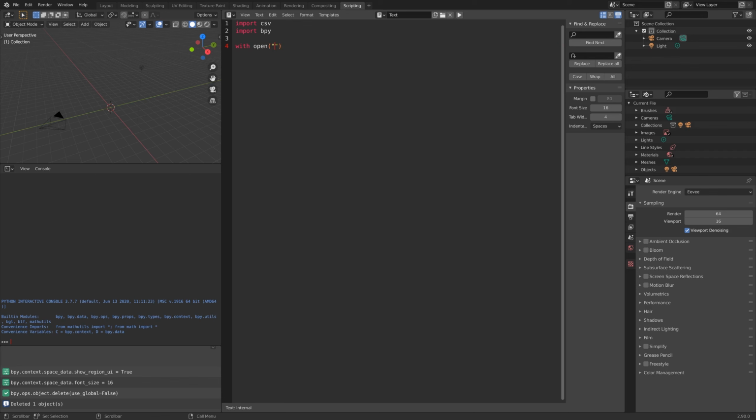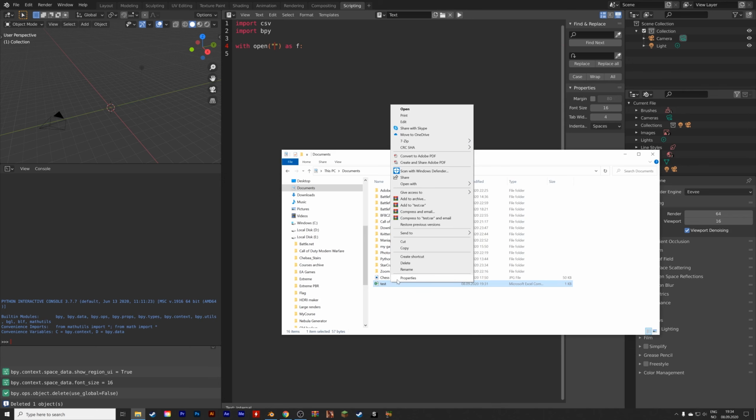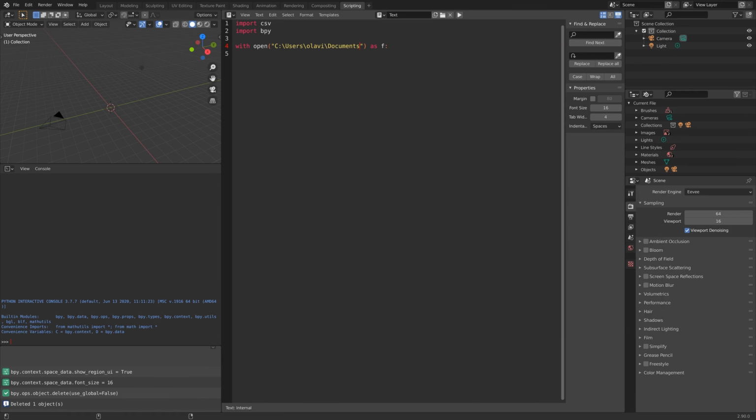And inside these parentheses, we're going to add the location of the CSV file. And you can find the location by going into the properties and then copying in the location. The code is the same for Mac users. The location is just slightly different, and I will provide an example file for Mac users in the course material. Okay, so let's type in test.csv,